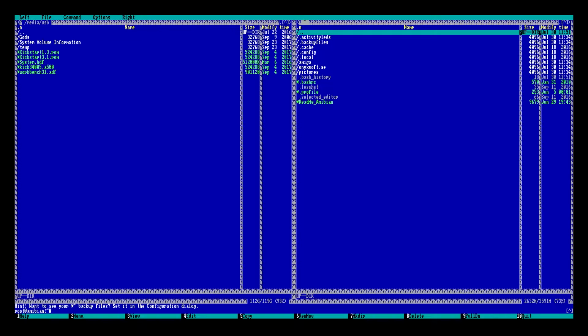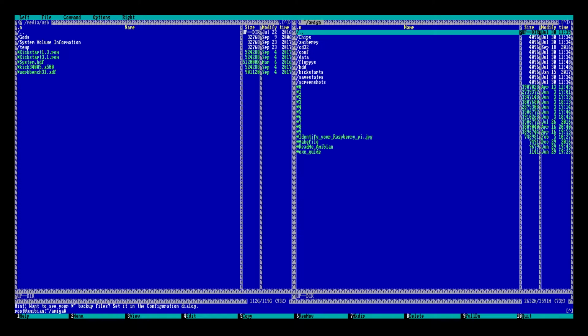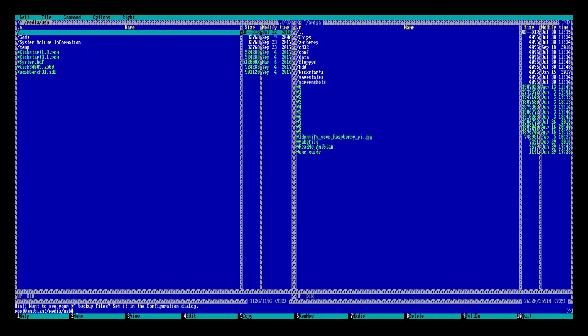If we want to go to the other side, we can press tab, and then we're going to go into this Amiga folder, and everything that we're going to copy on this side is going to be within this Amiga folder. I've got some directories on here that you might not have on your stick if you followed my setup instructions. The first one is called Gods. That's just a game that we're going to copy at the end to make sure that our gaming setup actually works. Then System Volume Information. This is just a directory that Windows creates on every drive it touches, and I made this with a Windows machine. If you're on a Mac, you might see a .Trashes file or a .Spotlight file. It tends to create those everywhere. Just ignore temp. That's just something I made with some other files in it.